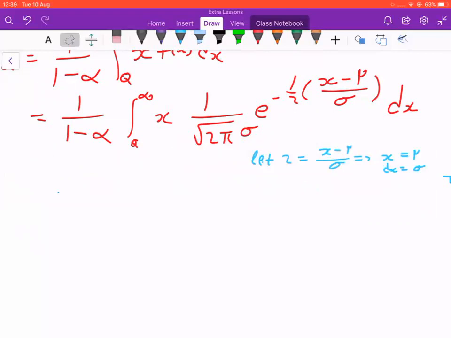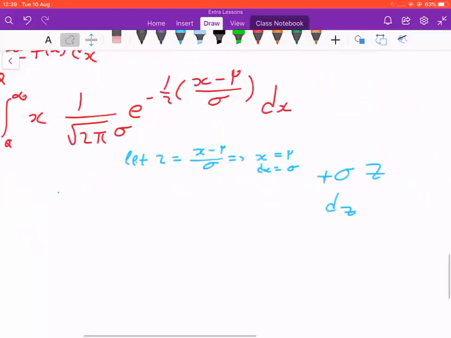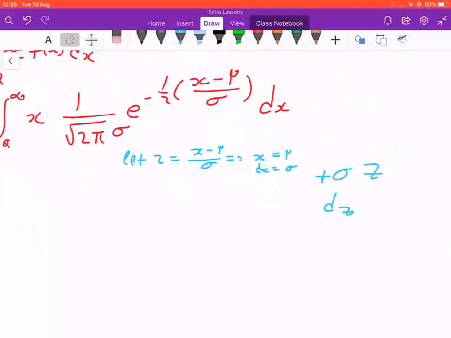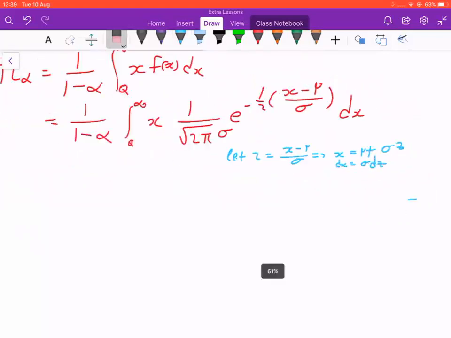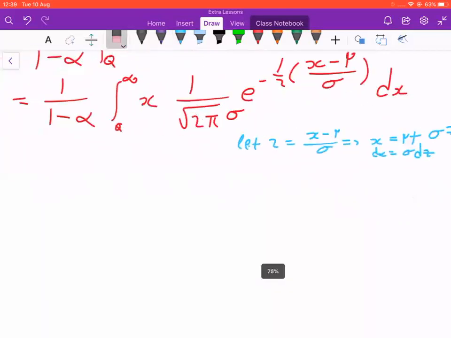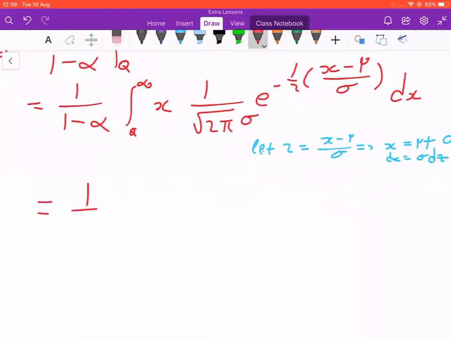So you just simplify, you will have 1 over 1 minus alpha, q sigma. And then in terms of x, where there's x, you're going to say mu plus sigma z